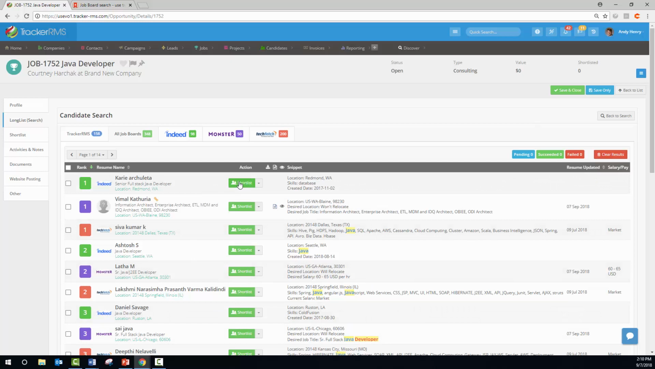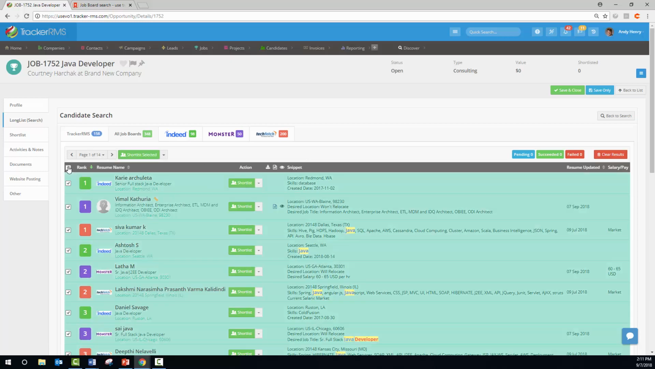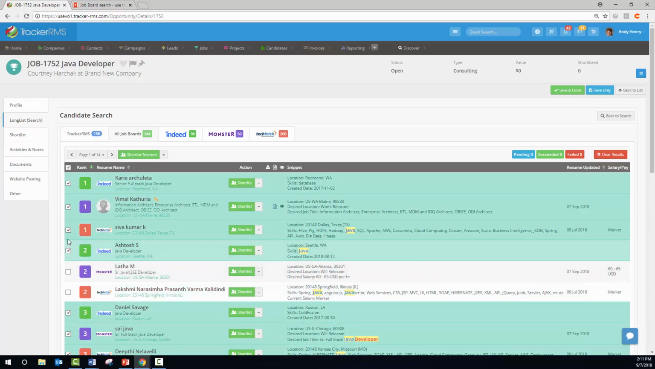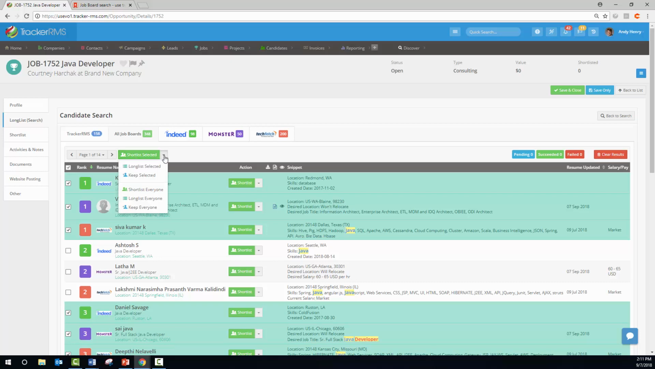Once you've made a decision, you can shortlist people or any of these actions singly by using this here. If you would like to do things in bulk, you can click here if you would like and select everybody, or be picky and only select certain people. Once my bulk action button pops up, I can then either shortlist selected by clicking that, and that would add everybody to the shortlist. That would parse that candidate in, create a full candidate record, and then add them to the shortlist. Or if I click on this action menu here, I can long list just the selected people, keep the selected people,